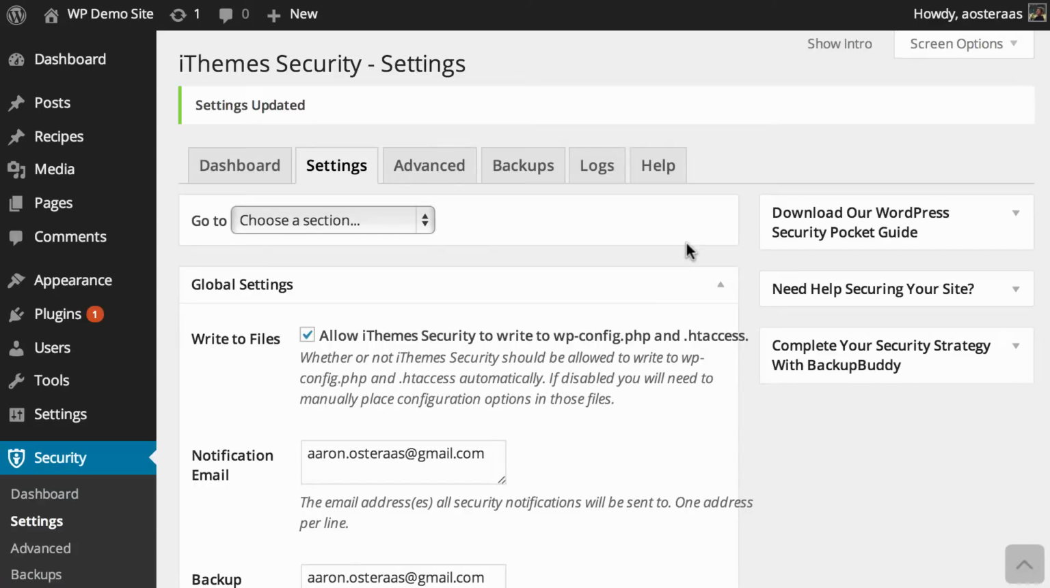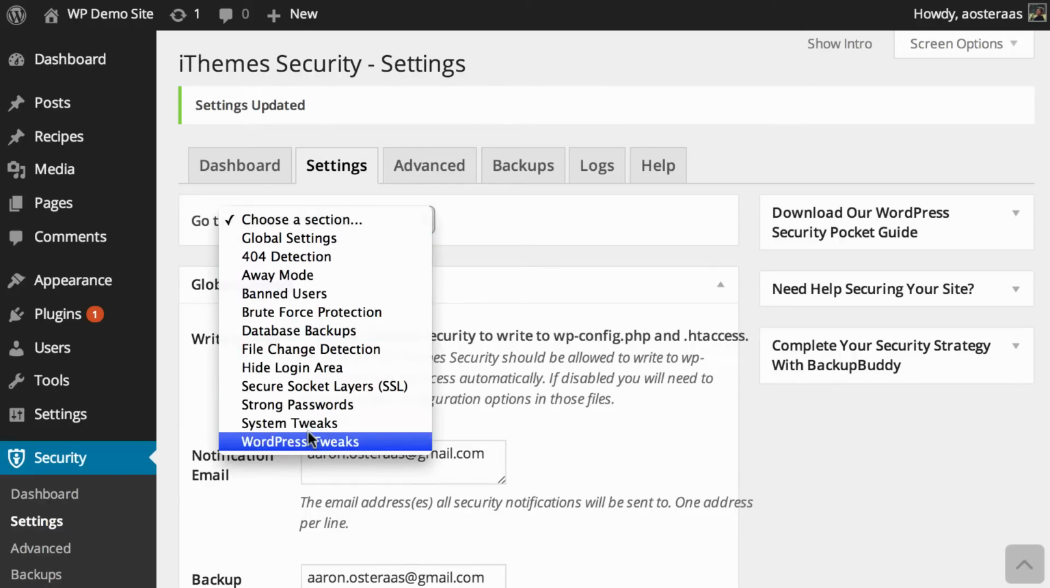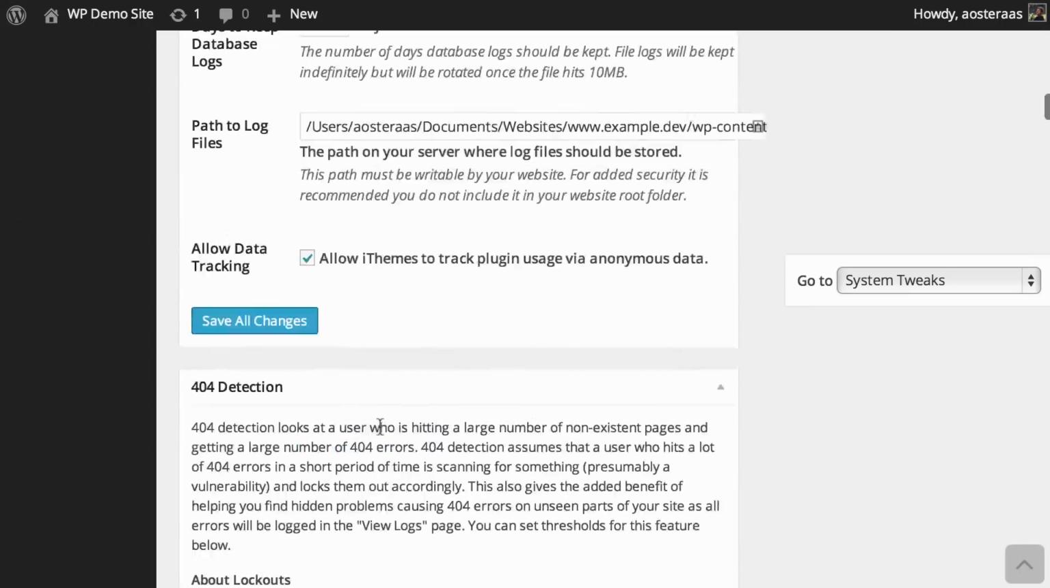In this video, we're going to take you through the system tweaks in iThemes Security. We're already in the WordPress dashboard and looking at the iThemes Security settings, as you can see here. So what you just need to do is move yourself down into the system tweaks area and we can get